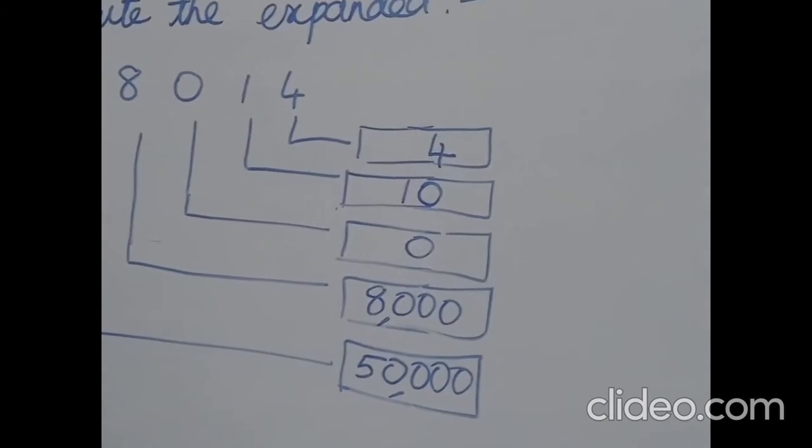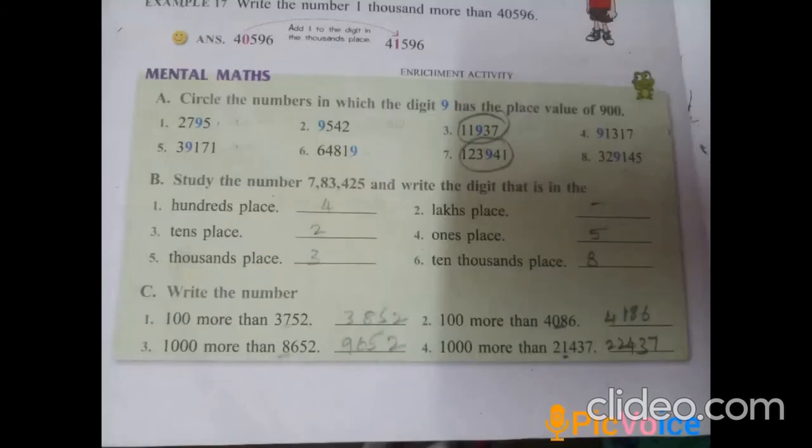We'll go to the exercise 1.2. In book page number 12, mental math sums will be there. You have to write in a book itself. So, first question, circle the number in which the digit 9 has in the place of value of 900. So, look at the question first. Read the question. See the place value of the 9. If it is 900, we have to put a circle. First question,